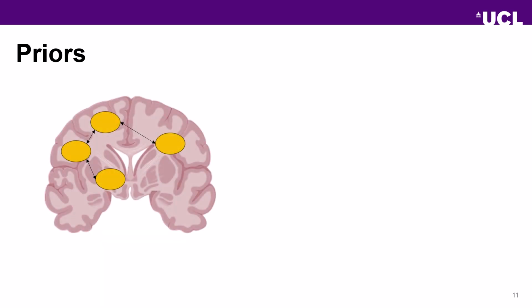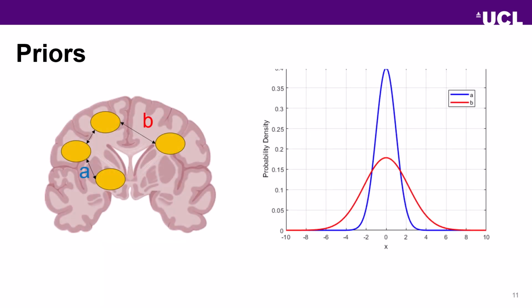An example of this is if we have this model, we have parameter A, parameter B, and we're very confident in A, we give it quite a low variance. But if we're not very confident in B, give it quite a high variance. There's a wider range of values it can be. And ideally, we want fairly low variances because we have an idea of what our parameters should be. And if we have very high variance, there's a wide range of what it could be.